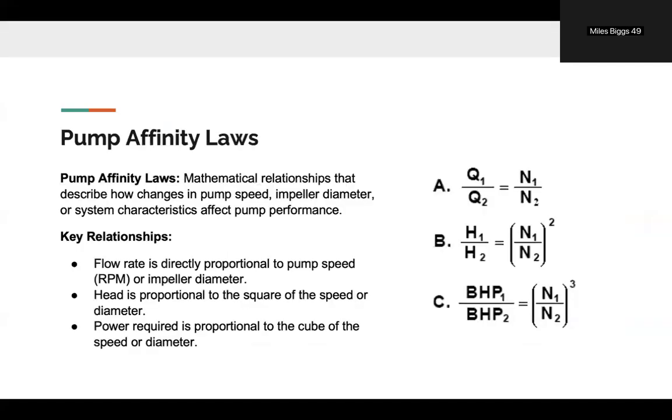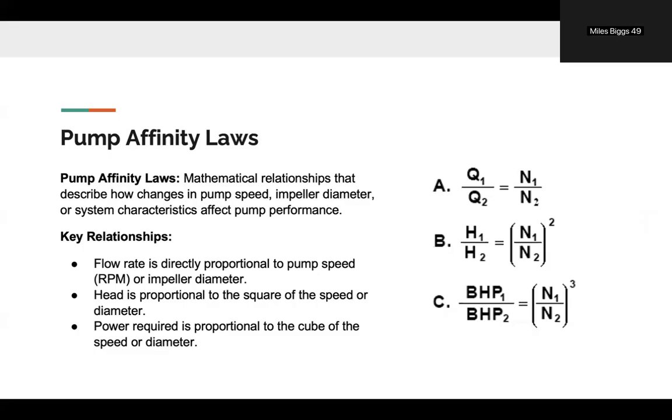And then our pump affinity laws are mathematical relationships that describe how changes in pump speed, impeller diameter, or system characteristics affect pump performance. Our key relationships here: in A, flow rate is directly proportional to pump speed or impeller diameter. In B, head is proportional to the square of the speed or the diameter of the impeller. And then for C, your power required is proportional to the cube of the speed or